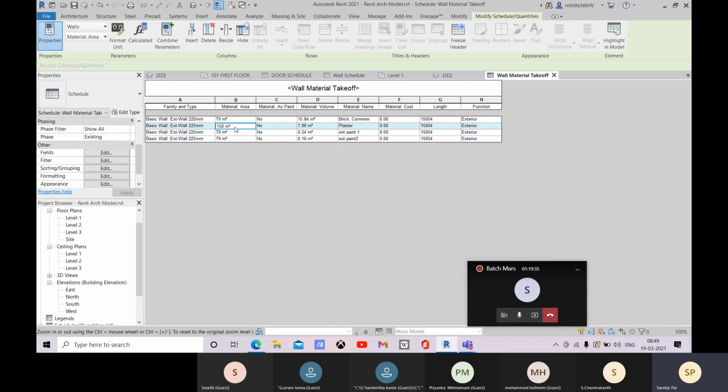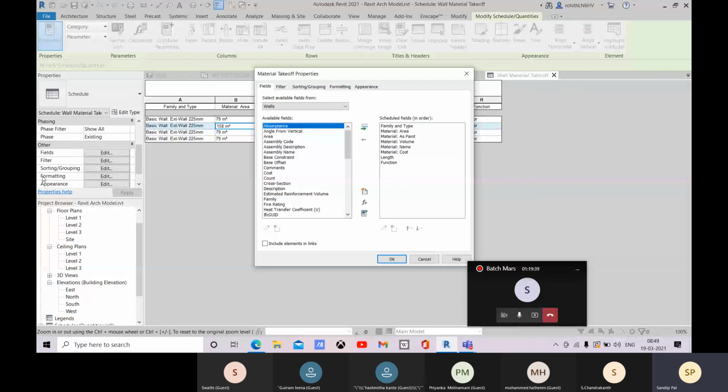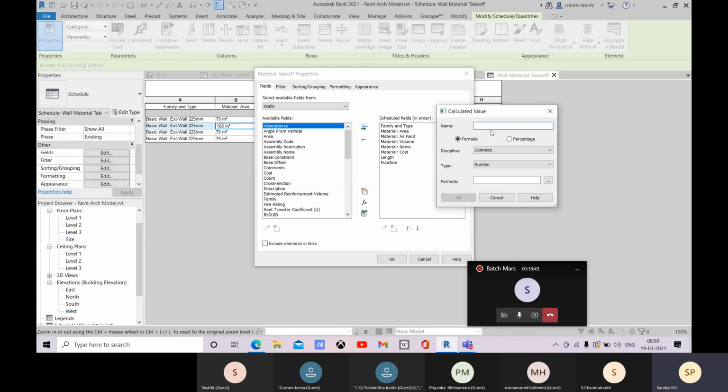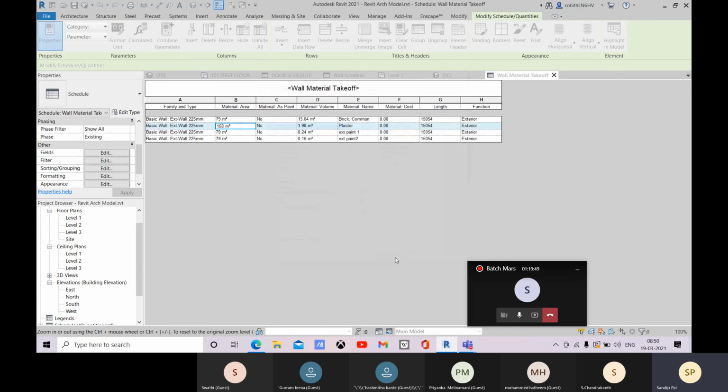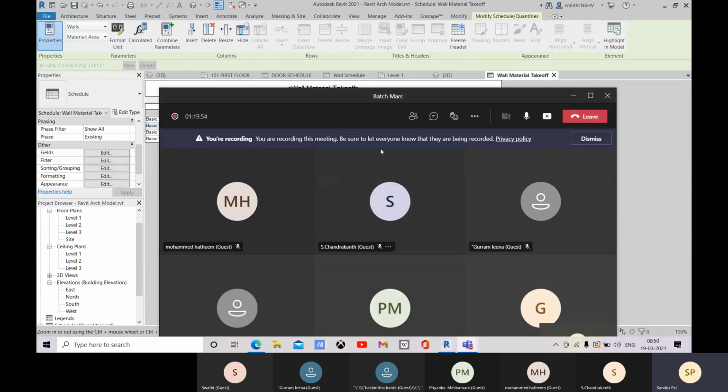You know where you can add, come to this field, and there you have this add calculated parameter, and there you can apply it. Okay. So this is all for today.